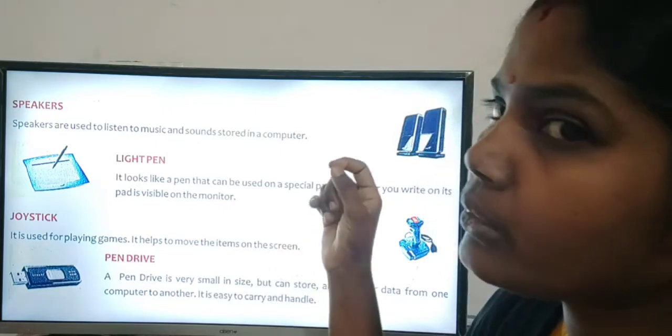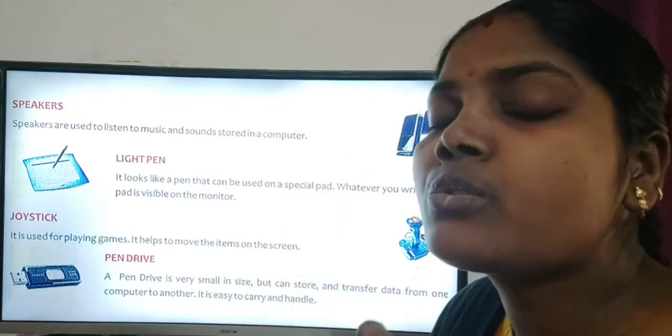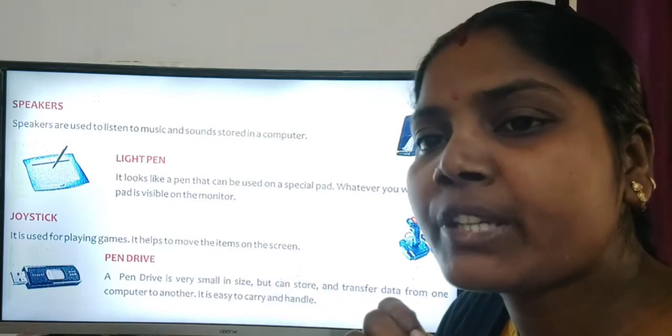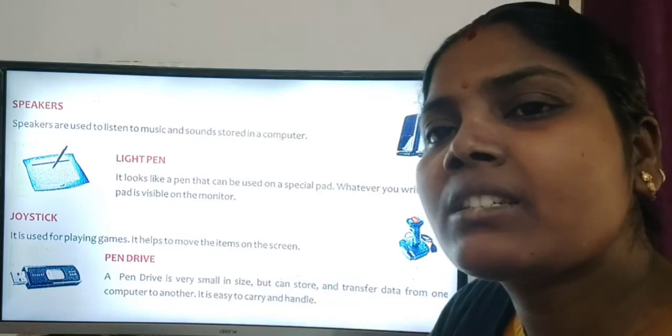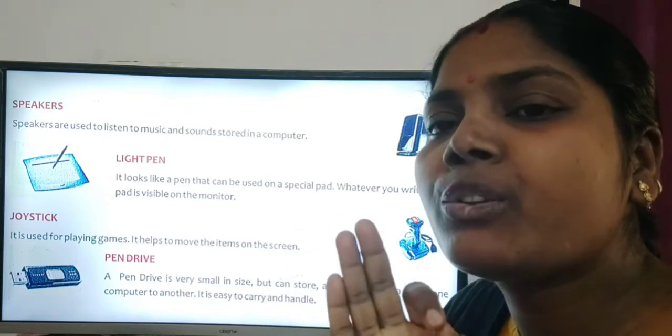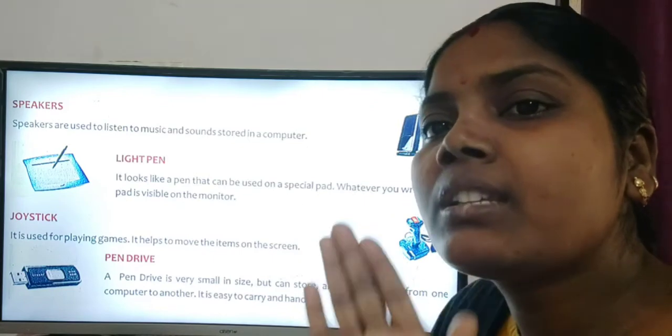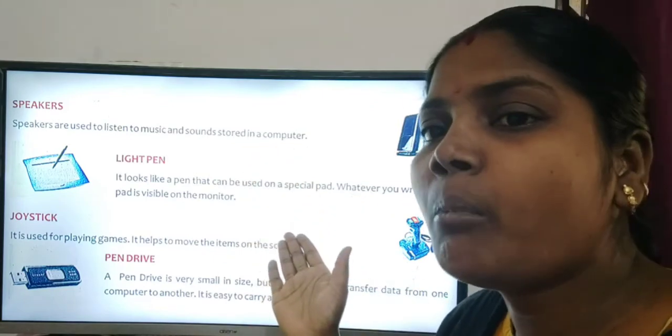We should not write directly on the monitor. With the light pen and that special pad, we can sit and write.